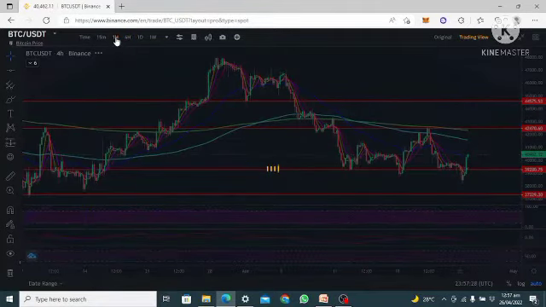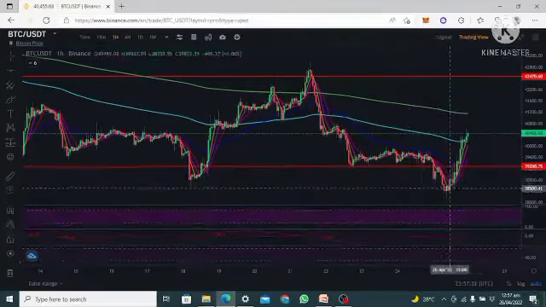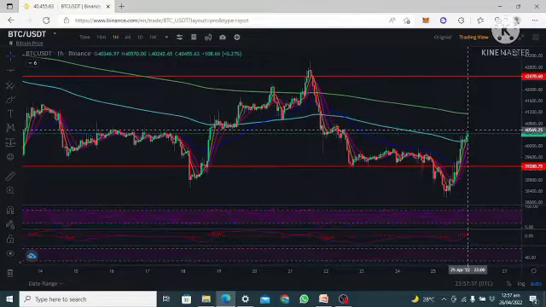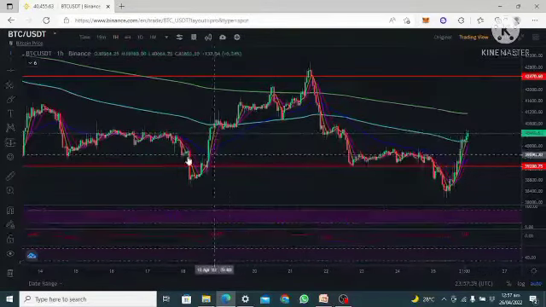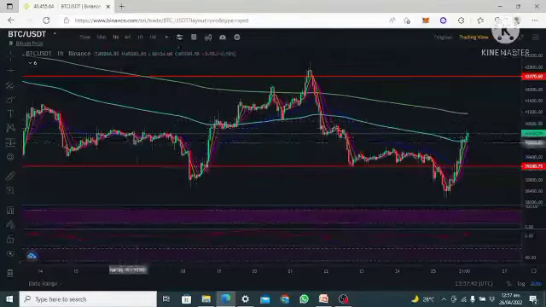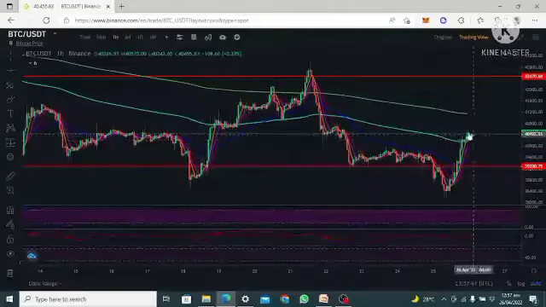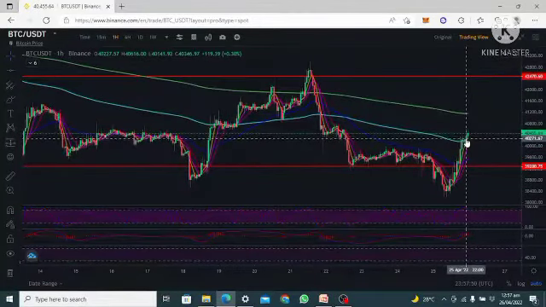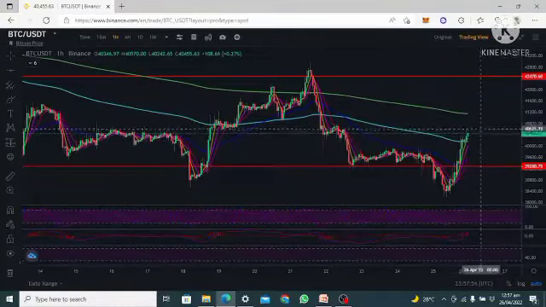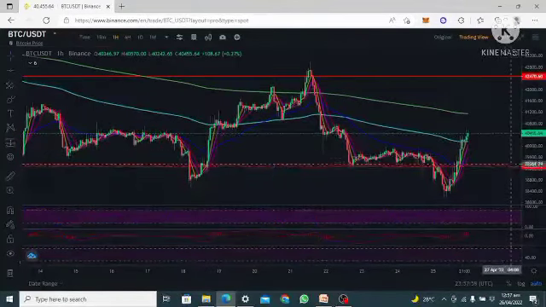So let's see this in 1 hour. You can see market move from here to this particular place, and it's finding it difficult. You can see that resistance I'm talking about. You can see it here, resistance as well here, and this particular place is finding it difficult as well. So you can see this candle, this last 1 hour, market got to this price, it rejected at this particular place. So automatically we are going to see a retracement back to the downside to this particular support level. Market is going to come back to this level.